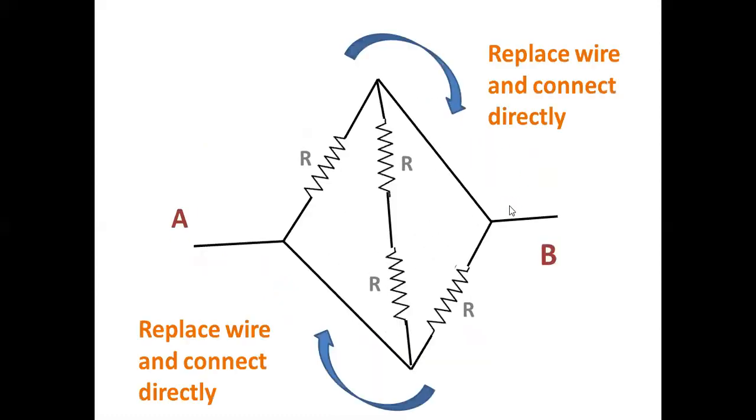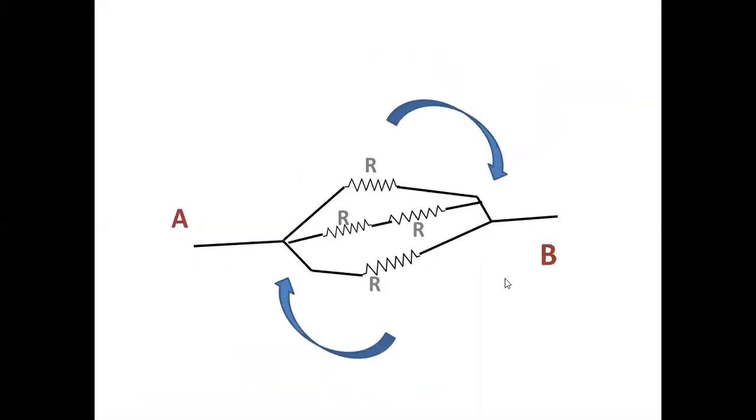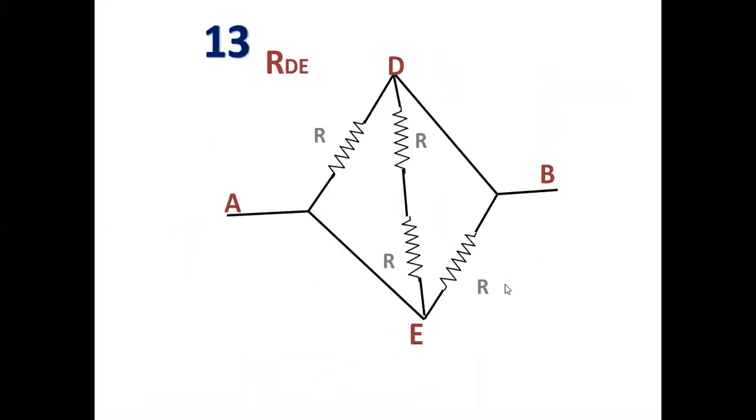It starts from here. These two are in parallel with this R and this R. Of course, this extra connection gives trouble to us. So we must be able to think that this extra connection makes this point come here and makes this point come here. That's all. So it is 2R by 5.